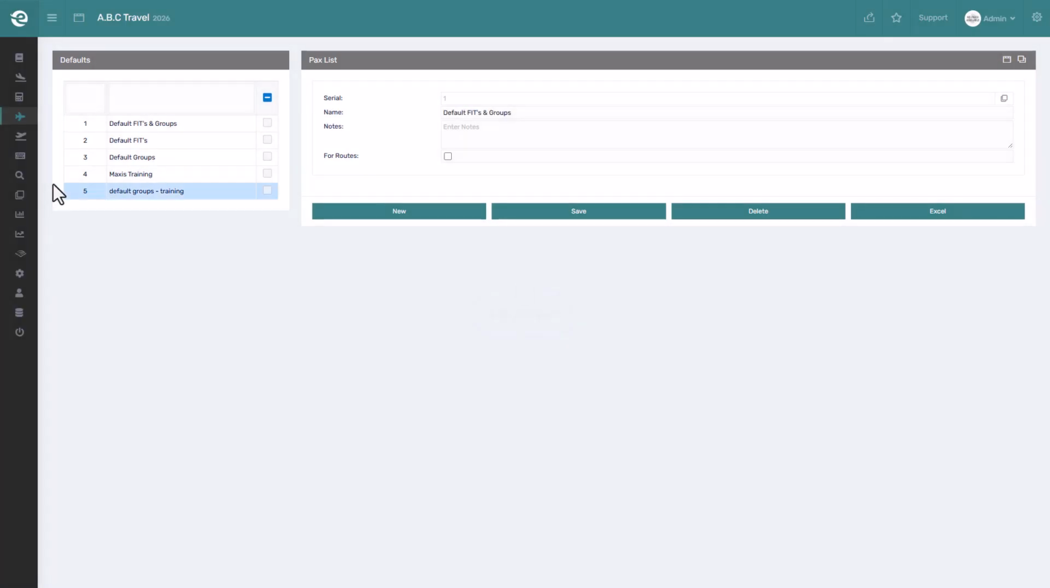Plan. The default transportation plan is used to define standard transportation rules based on the number of passengers. These plans allow the system to automatically assign the appropriate vehicle type and transportation company depending on the pax range. Using default transportation plans helps speed up the quotation process, ensures consistent transportation planning, and reduces the chances of manual